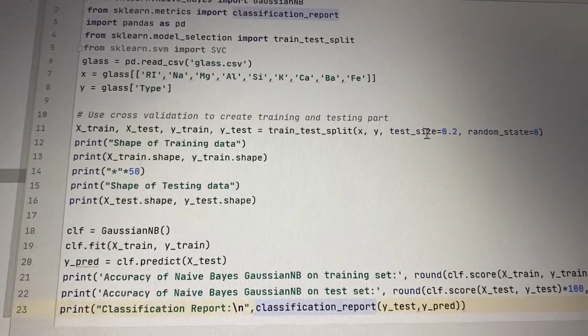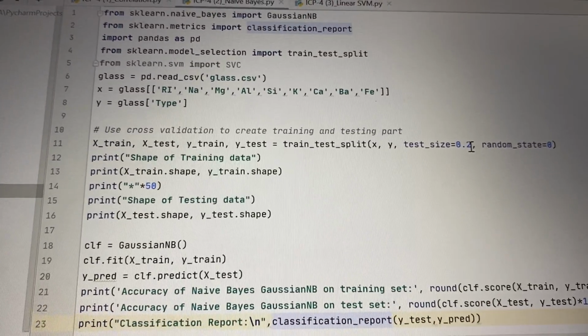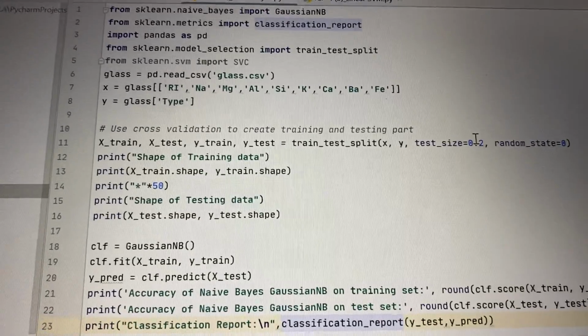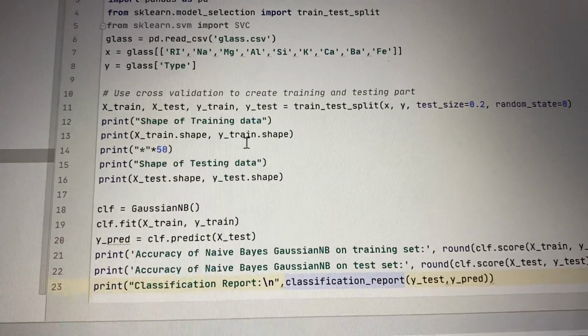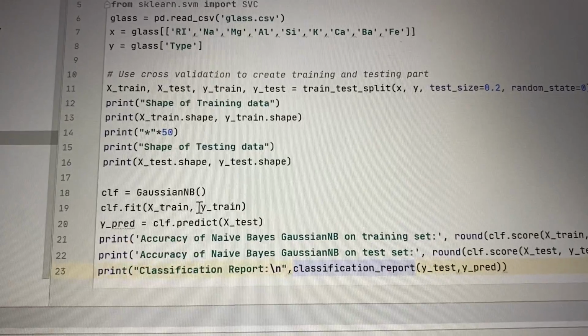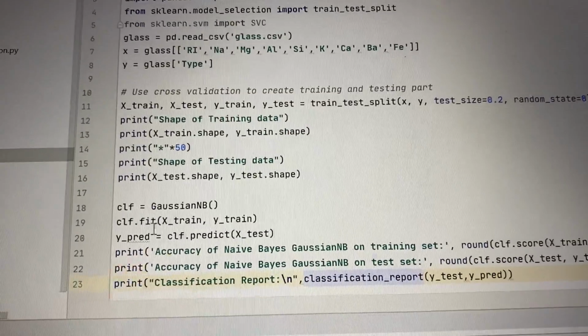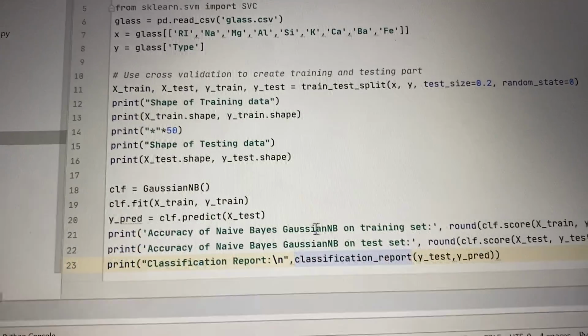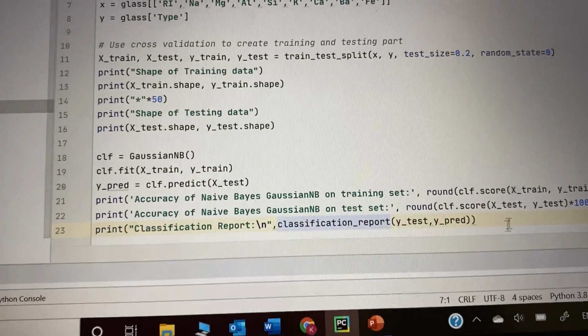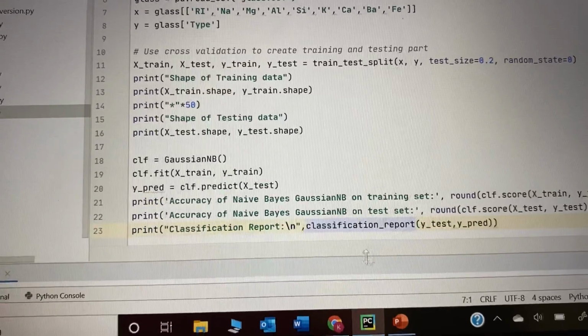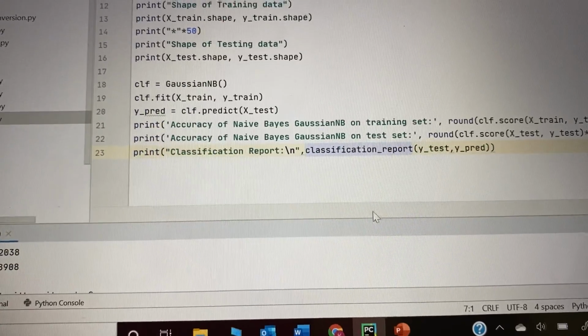I have taken the test size as 0.2 in order to have it as 80-20%. Here it gives the shape of it, and we have used the Gaussian Naive Bayes function over here. We are predicting it and printing the data of it, finding the accuracy and the classification report with the prediction.